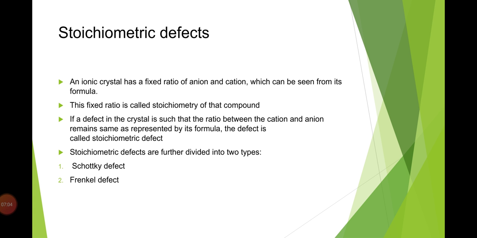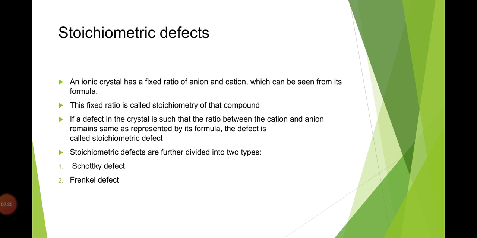Actually, stoichiometric defects concern the ratio between anions and cations, and we will focus on the formula, like sir discussed in the class. Like sugar has C6H12O6. We will see the ratio of the formula because there can be a fault in the ratio, like if the ratio is 2:1 it can be 2:1.1, something like that. And water is H2O, and acetic acid's formula is CH3COOH, something like that.